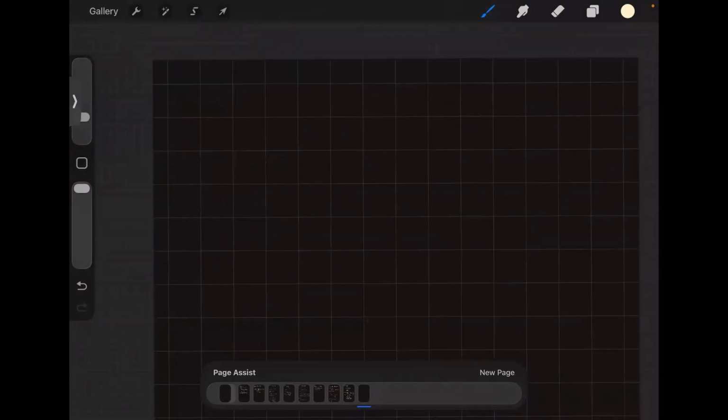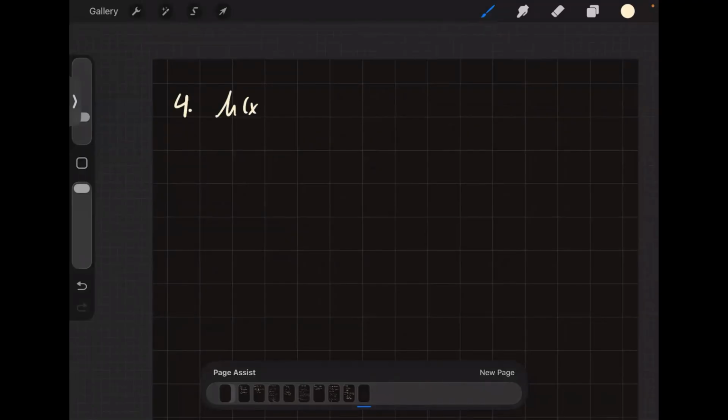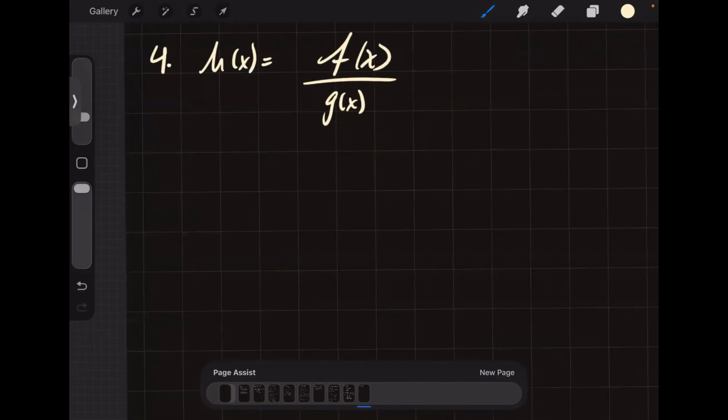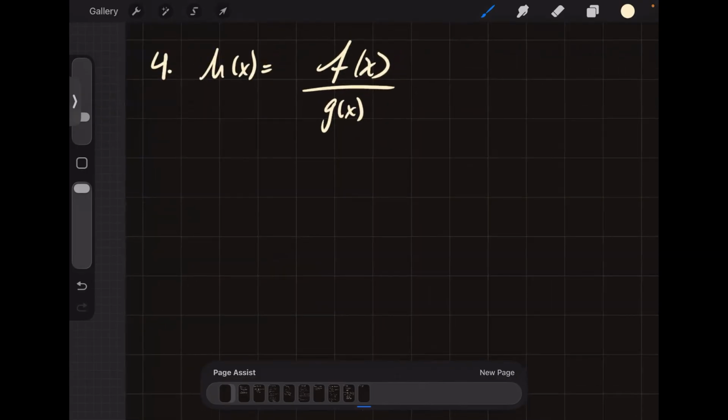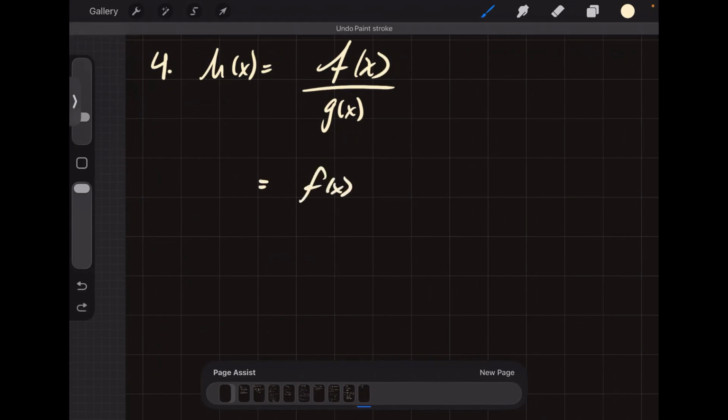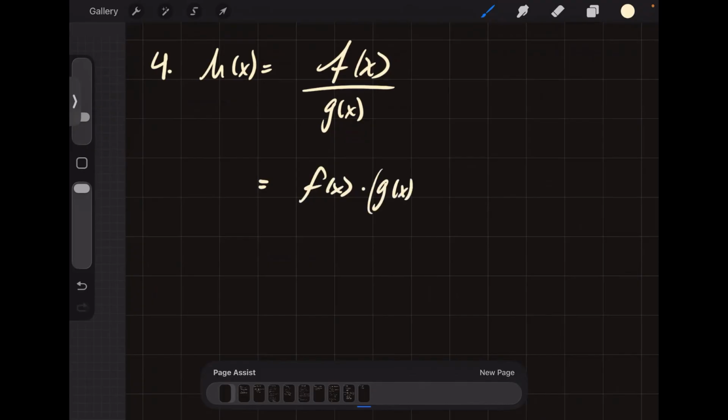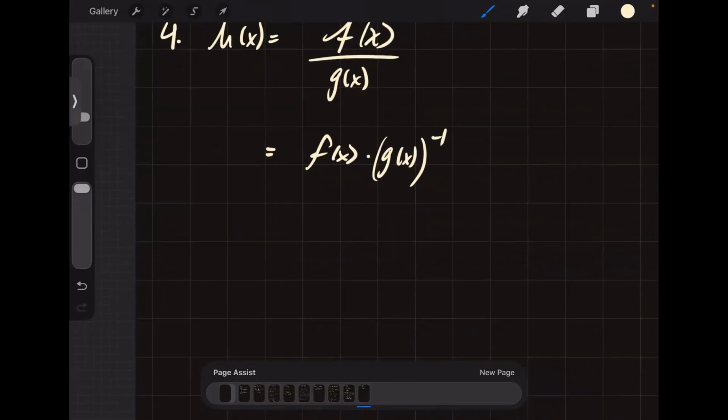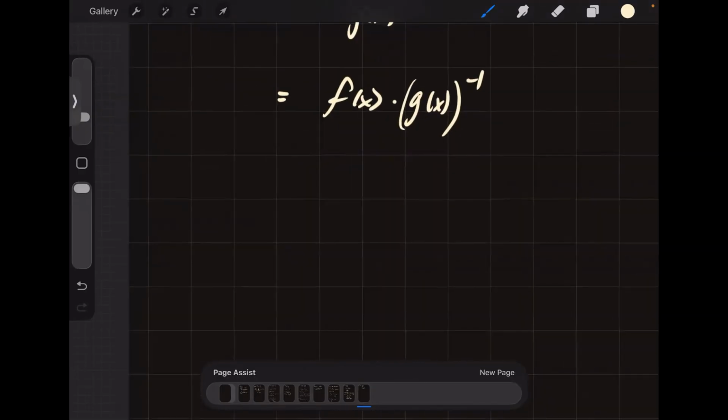And so my next question for you is, what if I give you h of x is equal to some f of x divided by some other g of x? Right. I'll give you a second to think about it. Please hit pause. We'll work it out. Okay. If you're coming back, I assume you've done it. This can be written as f of x times g of x to the negative 1. Right. Okay. Well, if we follow just like normal product rule stuff, then you get h prime of x